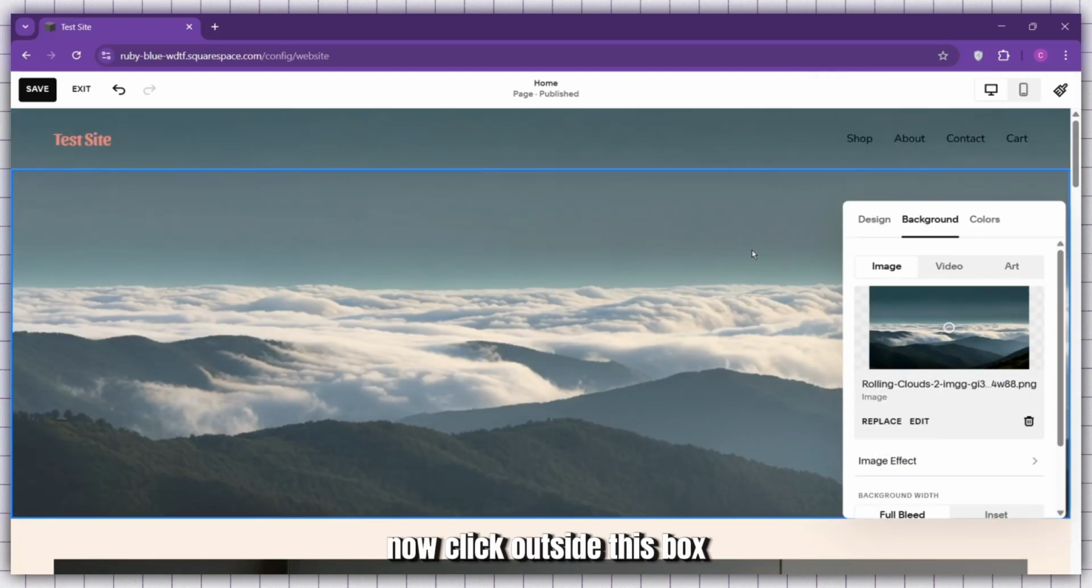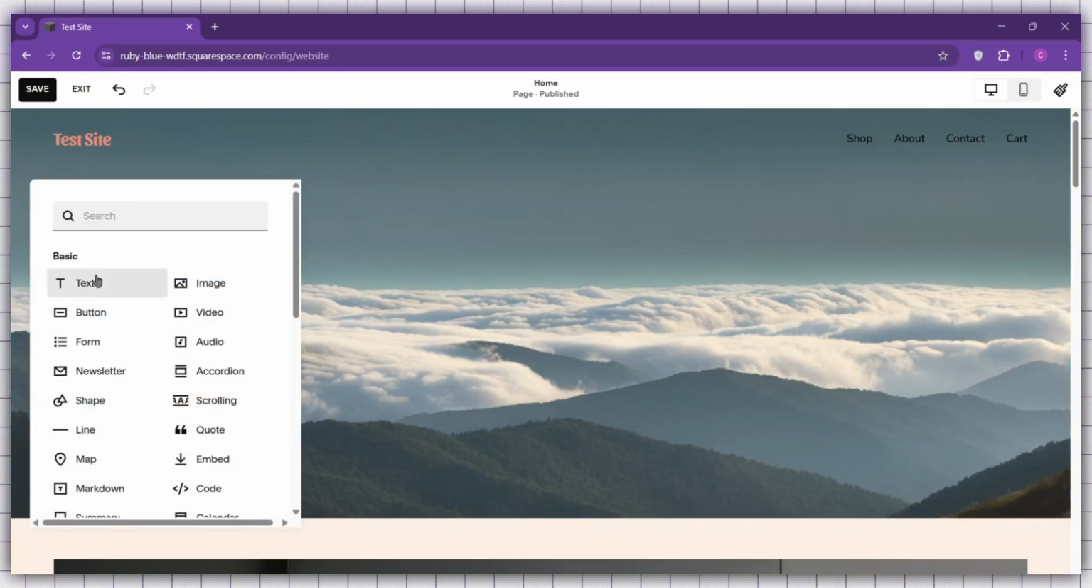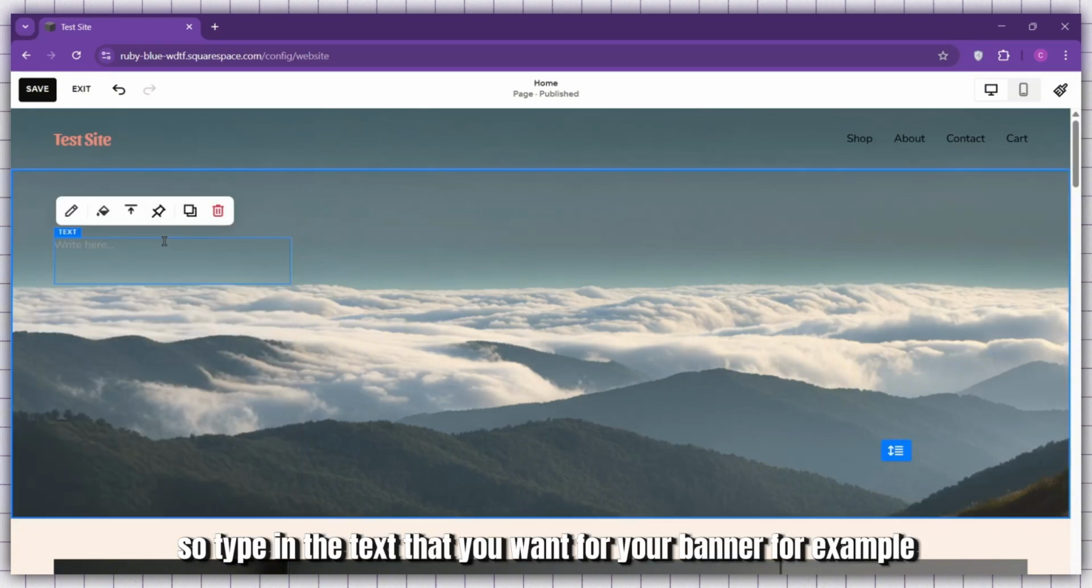Now click outside this box, then click on Add Block. Choose the text block. So type in the text that you want for your banner. For example,